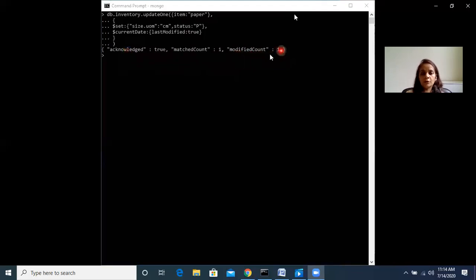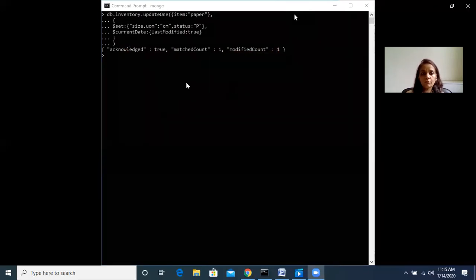It means it has modified one document. And at the same time it is showing current date equal to lastModified. Whenever we modify any document, this is a very important thing that we should know, when the document was last updated.